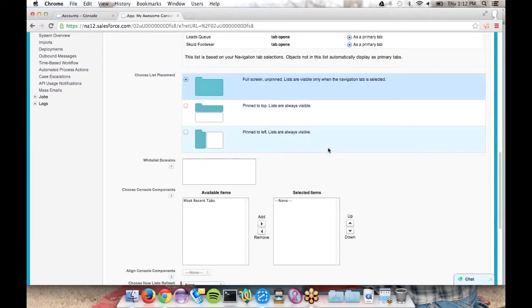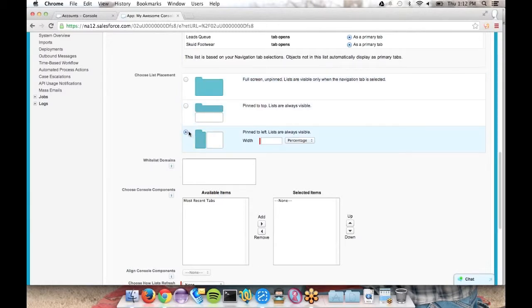One other thing I want to point out is that you can choose how you show your lists for the custom object tabs, whether you want them pinned on the left, pinned to the top, or full screen. Different people have different preferences here. The ones I'm going to be showing today are the full screen views. I think that's more helpful when trying to get at particular records, to have the whole screen available for your tab view rather than trying to condense all your fields into a tiny little left pinned tab. But these are different ways that you can do it. And some of you might be like, well, my tab view doesn't show like that.